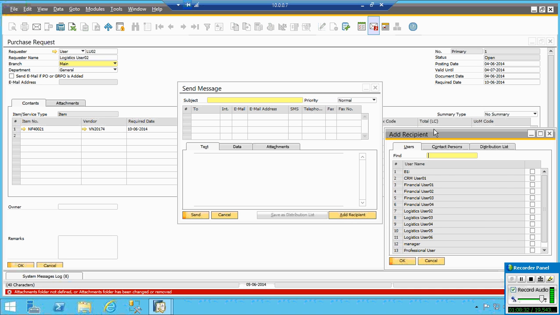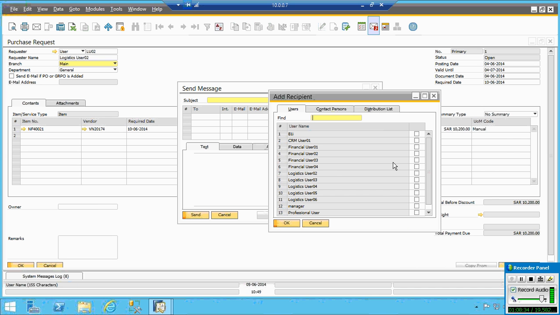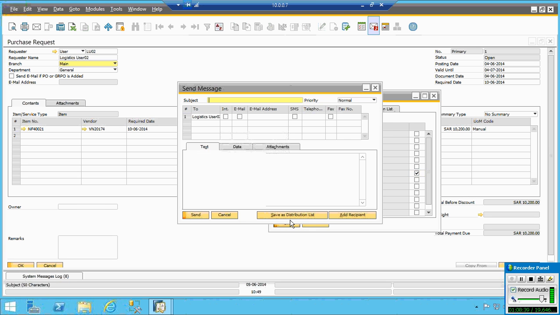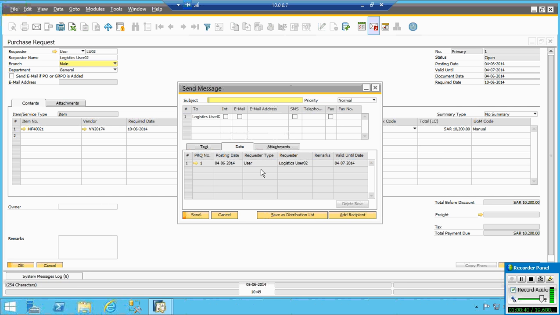I will say, okay. This is my manager. And I say, okay. The system will automatically link the PO to that request. So based on the request, the purchase department will take a copy to the PO, and it starts this process. My job is finished, now the duty is there to finish the process.